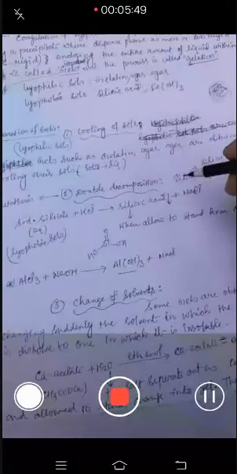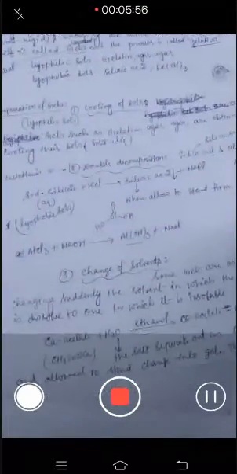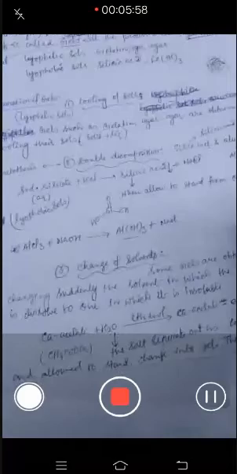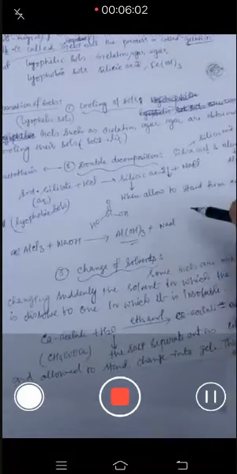In the preparation, there are some points. Cooling of sols: if you cool any colloidal solution, it forms somehow semi-rigid type gels. In this way, we can prepare gels. Another is by chemical reaction, that is a double decomposition reaction. For example, AlCl3 and NaOH, when you react, they will form Al(OH)3, aluminum hydroxide. This is one type of gel.